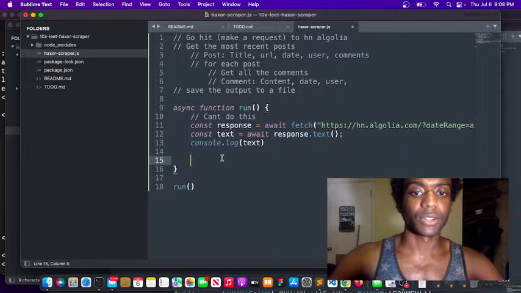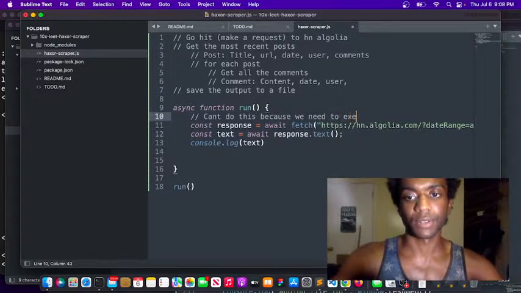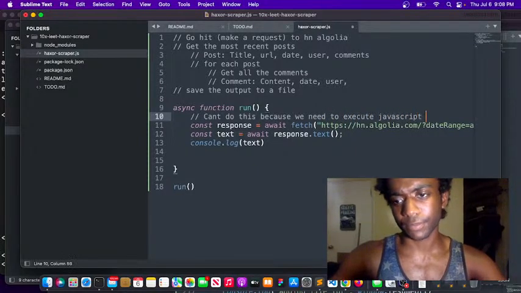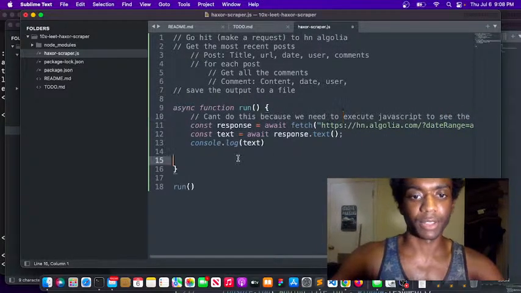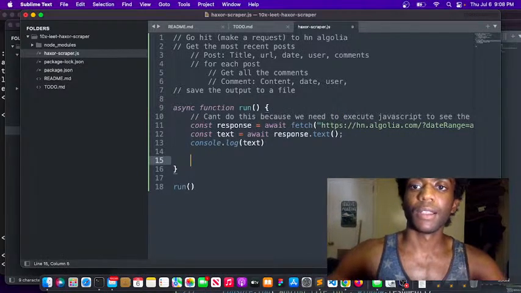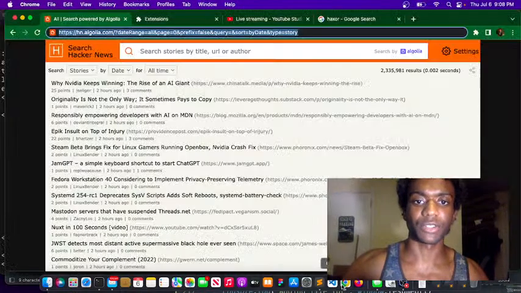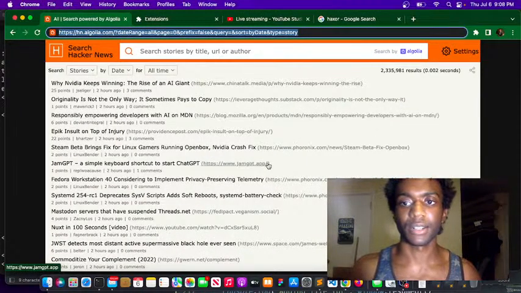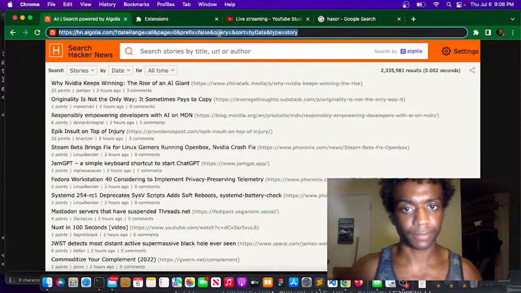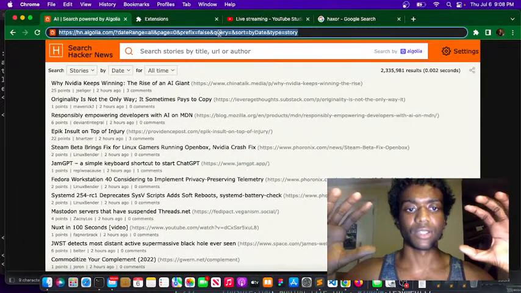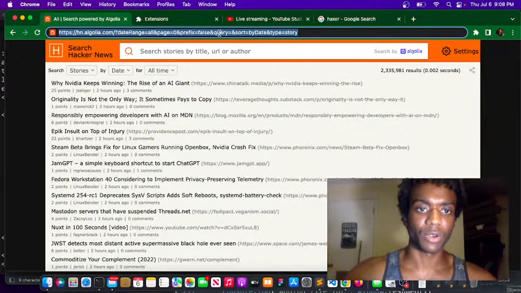We can't do this because we need to execute JavaScript to see the page. That's a weird way of putting it, but I think most people get it. So we want to use Puppeteer. We want to simulate a browser, because right here, I'm using a browser to see this. I'm not making a HTTP request. So we want to simulate a browser just like this Chrome browser. And we want to use that simulation, this fake browser, to actually hit the same URL and get the same